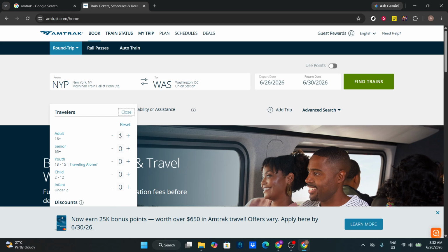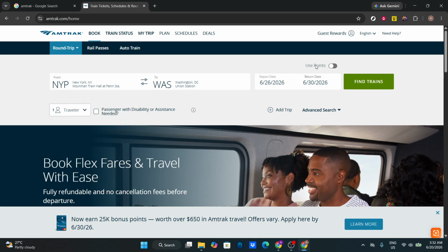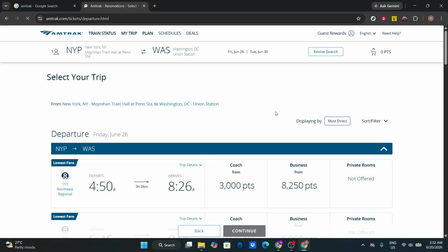Now comes the key step if you want to book with rewards. Look for the option labeled Use Points and toggle it on. This tells Amtrak to display fares in points rather than standard dollar pricing. It's an easy step to miss, so make sure it's switched on before you continue. Once everything is filled out, click on Find Trains. Amtrak will then load available train options based on your route, dates, and traveler details, using points as the payment